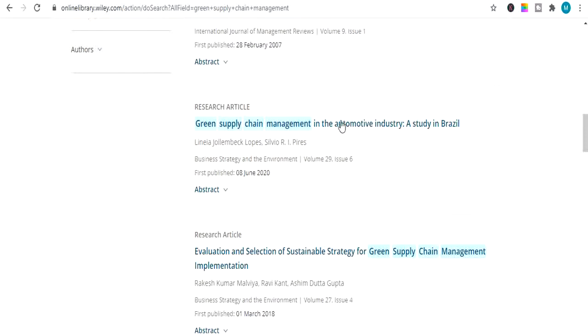You can find and see which sector there is more requirement on, which you can study, or you can see which sector it is where green supply chain management is not studied so much, or which sector you can find on which more study is required, or you can see a sector where very few studies have been conducted. So you can conduct a study like that.